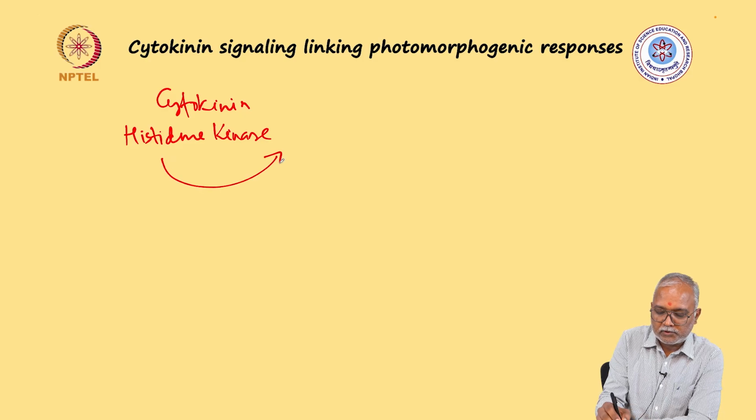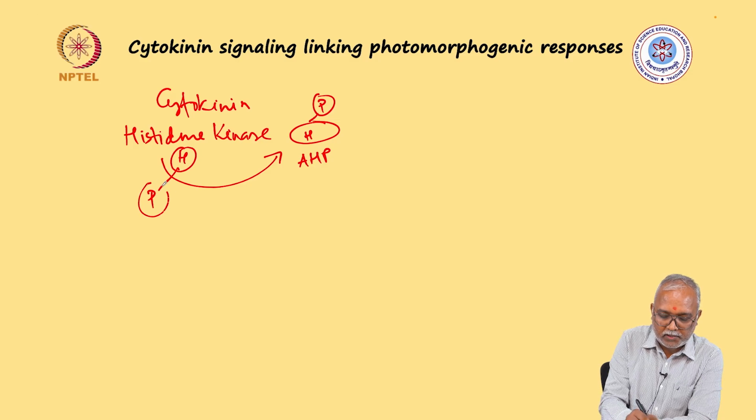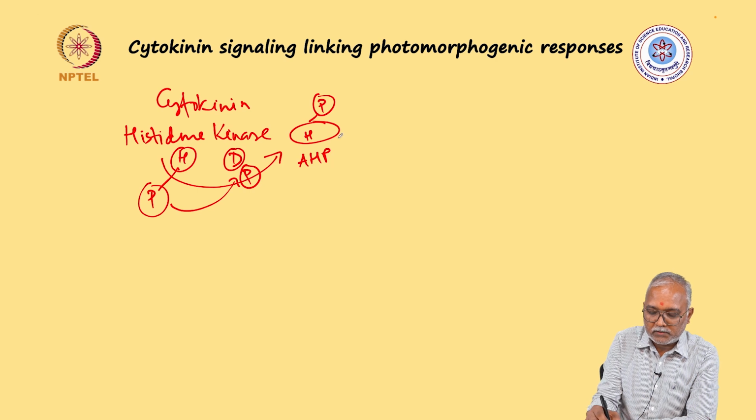This generated the AHPs. These were the hybrid type, so it has histidine which was getting phosphorylated, and it has the aspartate residue where this phosphotransfer was happening. Now, these were affecting the expression